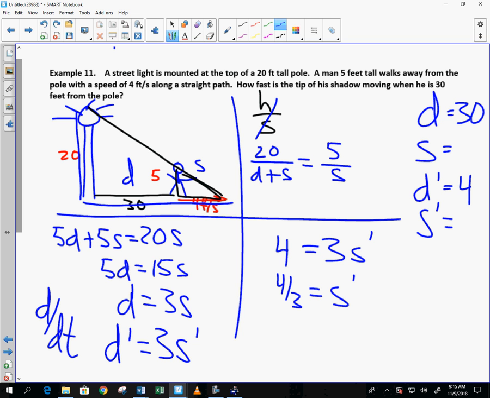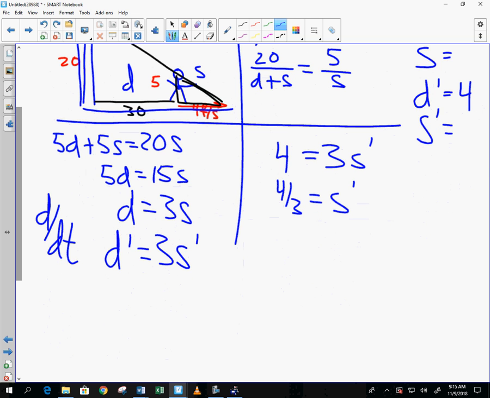right? So the tip of the shadow is moving at a certain speed away from him, but he's also moving. See, there's multiple forces at work here. So the question is really how fast is the tip of his shadow moving away from the light pole, from a stationary object. So we can't just use 4/3. We got to take 4/3 and add it to